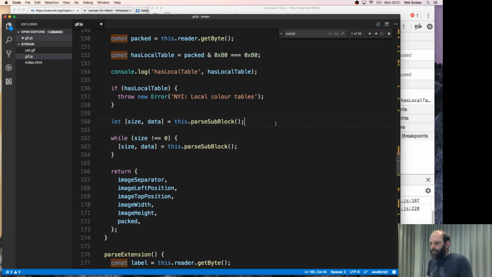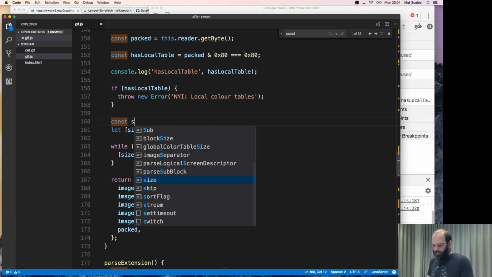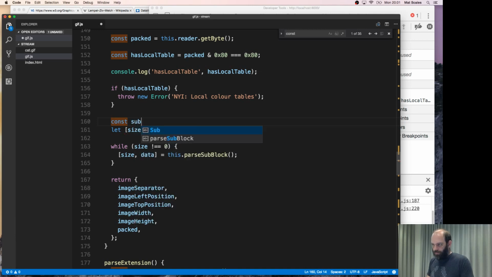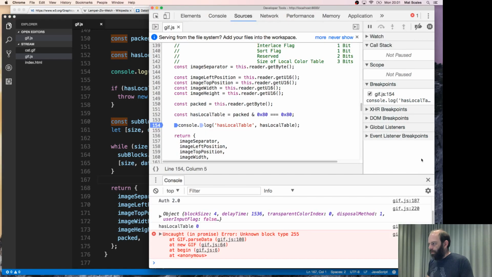And at each stage here, we have subblocks. It's going to be an array. We're just going to stick things in that array. Subblocks.push(data). And then at that point,